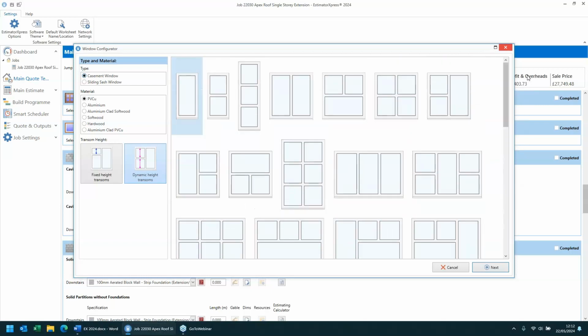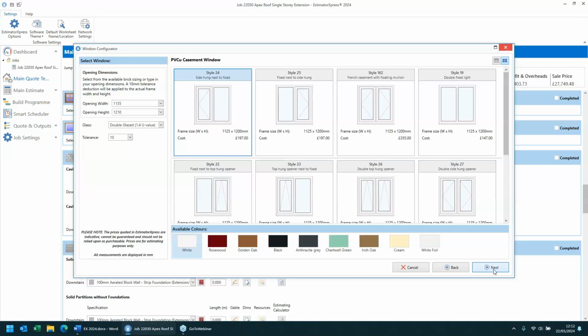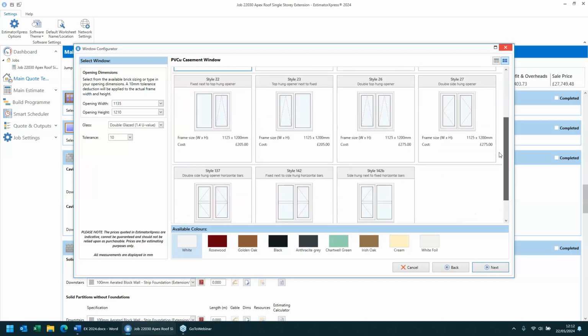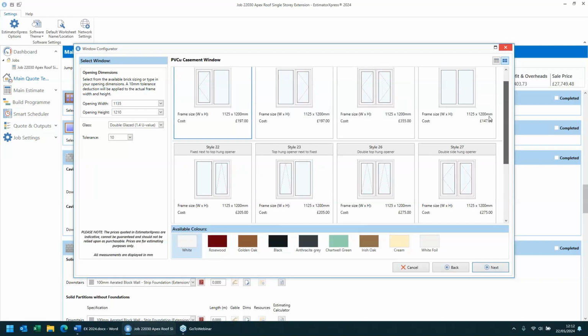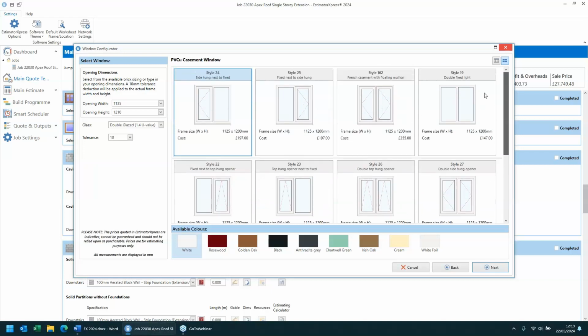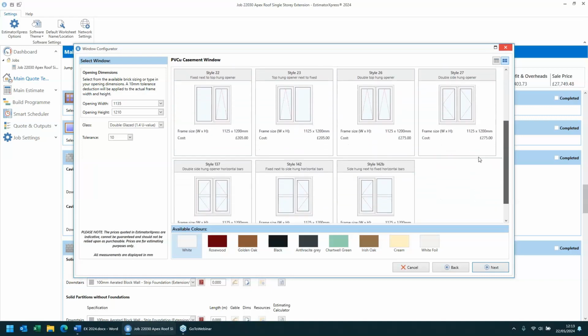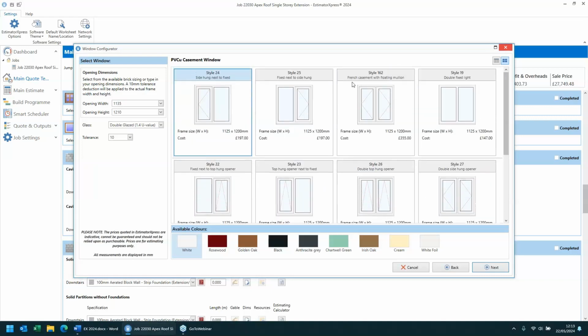So you start off by picking the style of window that you need. So let's go with this one. Okay, and then on page 2, on the main screen here, we've got all the different options for openings. So find the one that you want and select it. So let's do a left and right opening, for example. On the left-hand side,